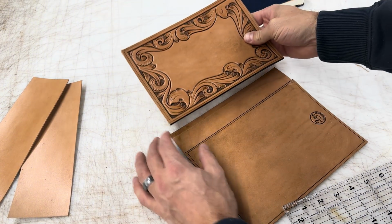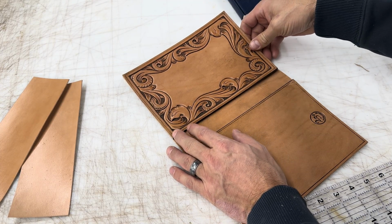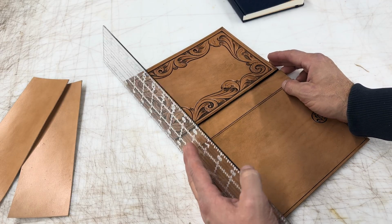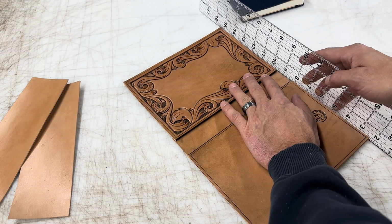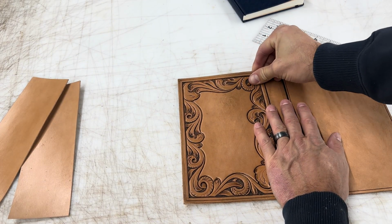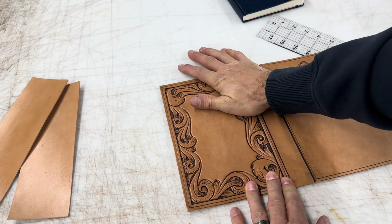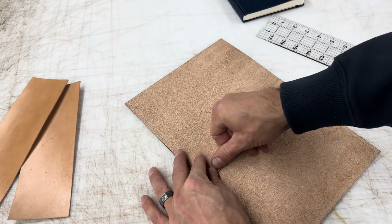I'll do the same thing. We'll lay this front in here. Looking at my edge, covering up that line. I'm gonna grab my straight edge, make sure we got these lined up good. Nothing's running out of whack here. All right. With those pressed down good, we can